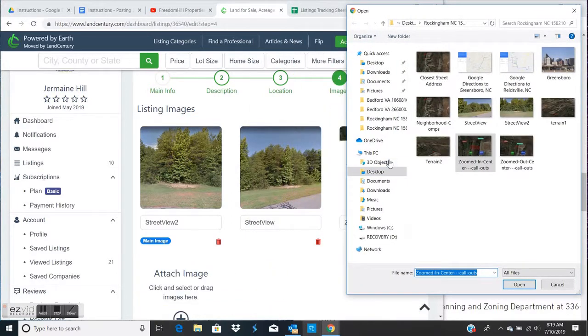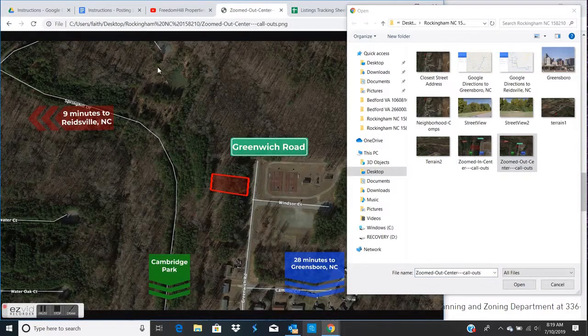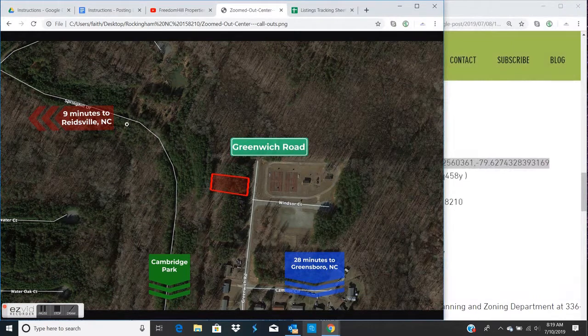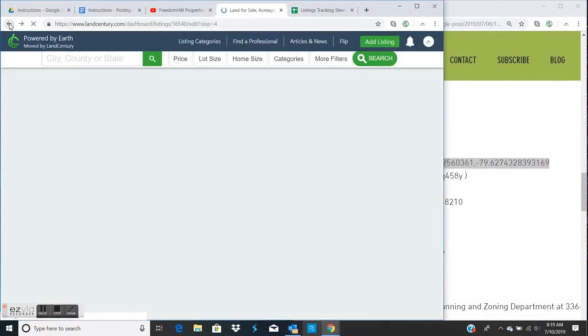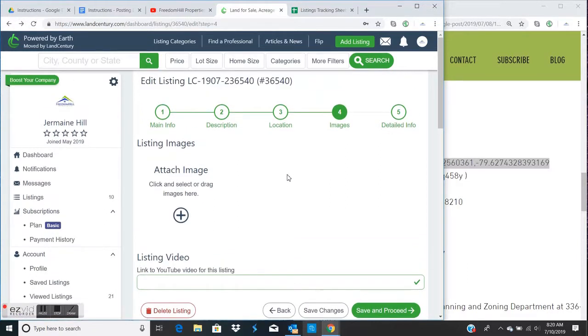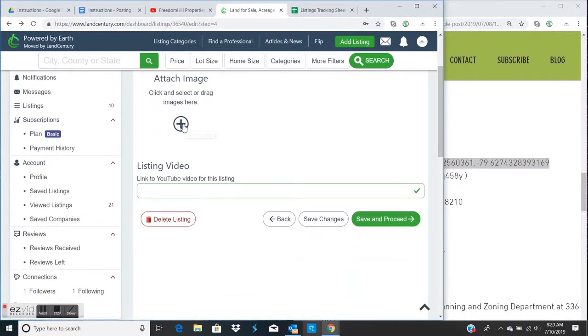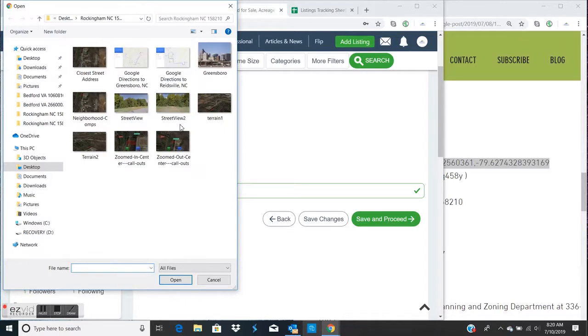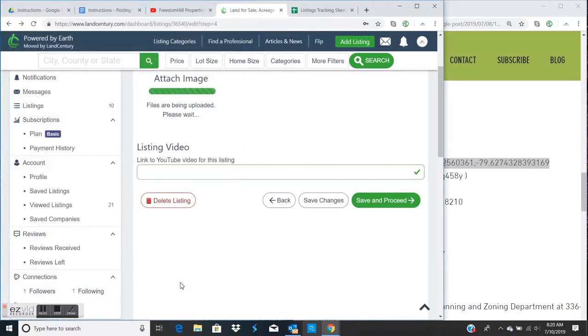You can see there's a couple different ways you can upload the images. You can select them, or you can drag and drop them. As you can see though, if you drag and drop them and you don't put it in the perfect location, it'll cause you to start all over again. So I prefer to just select the photos by hitting Shift to select multiple photos,